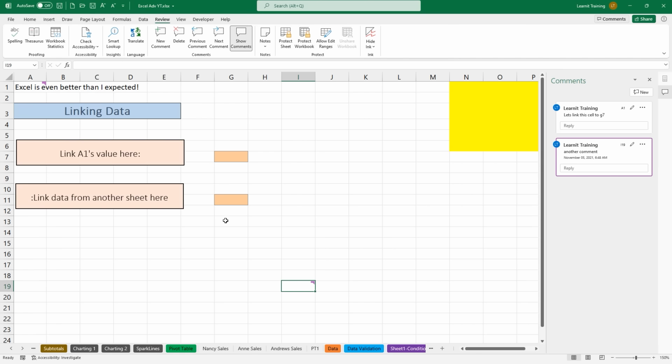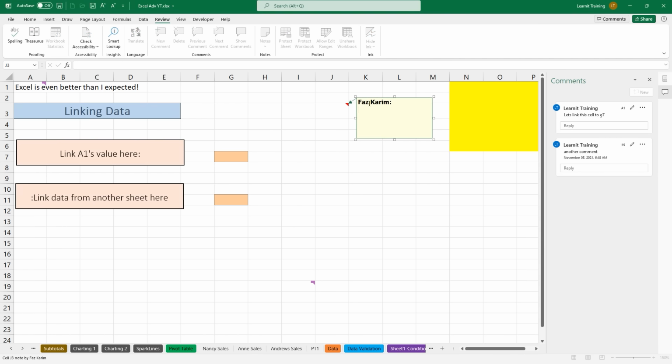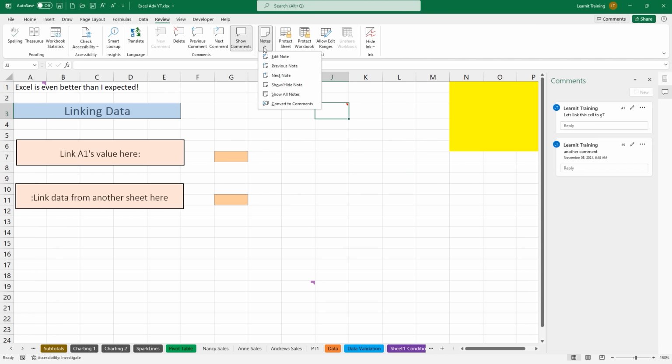Now, comments have changed a bit. They used to not look like this. They used to look like what they now call notes. I have an option to add a new note. This is how they used to look. And now we have them as notes that show up. My notes section, previous note, next note, show hide notes,